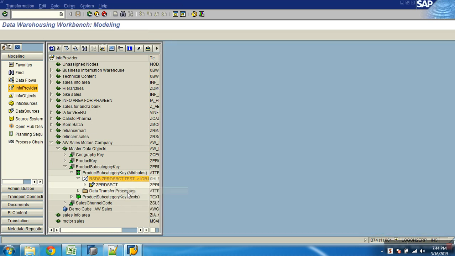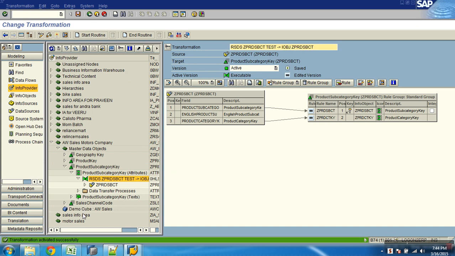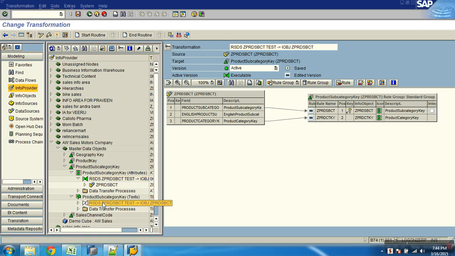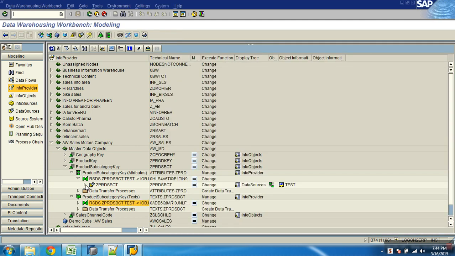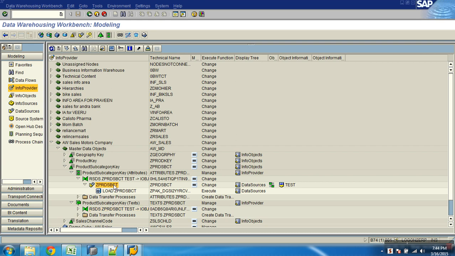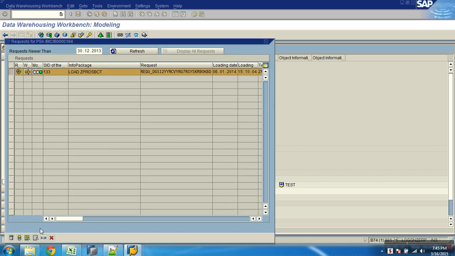When I change my data source, all my transformations have to be reactivated, DTPs have to be reactivated. I need to delete this request out.